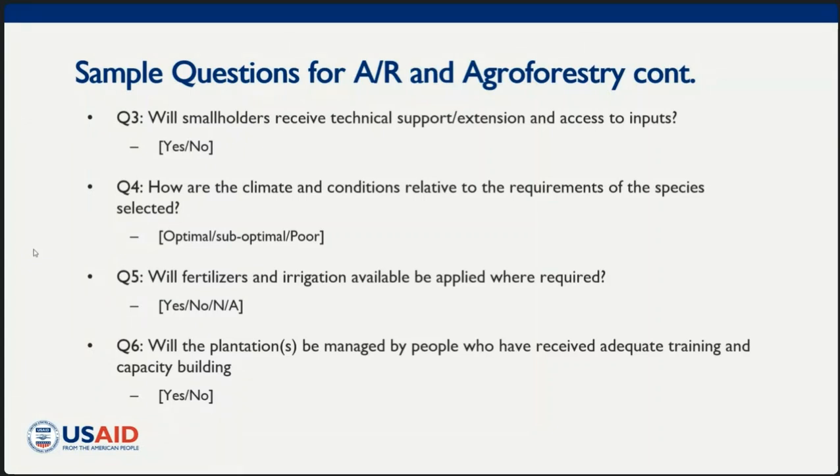So it will be the implementer that will know whether they are training the smallholders, whether they are providing some modern implements for them. So it will just be a yes or no type of question. And then depending on whether it's yes or no, there will be a quoting. If it is a no, normally some percentage subtraction is done. If it is a yes, then another